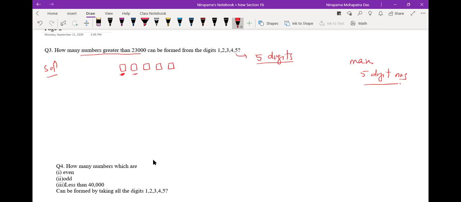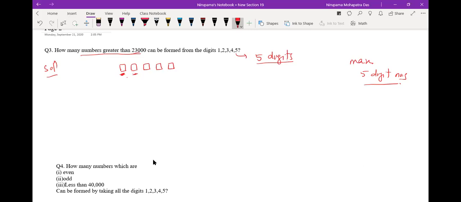So you can have 1, 3, 5, 4, whatever. But if you have 2 here, you cannot have 2 again, because the digits should not be repeated. One choice is you may have 1 here, which we should not take because the numbers must be greater than